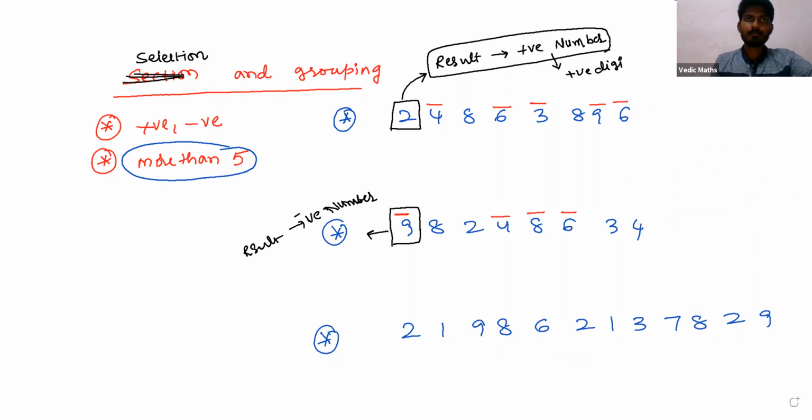Now see. My given number is actually a positive number, so I have to select negative digits. A negative digit is there, next also a negative, next is a positive. Then it is one group. Next, again see, a negative digit started, negative, again positive. Then it is one group. Next one, negative, next one is positive. So this is one group.